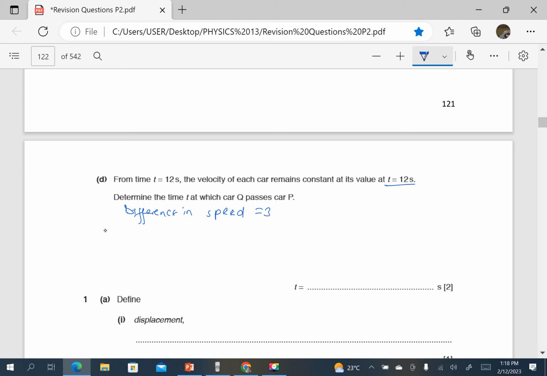Difference in speed is equal to 30 minus 24, which is equal to 6 meters per second. Difference in the top speed at 12 seconds. Then it means the extra time, the time t at which the car Q passes car P. So the extra time between the cars